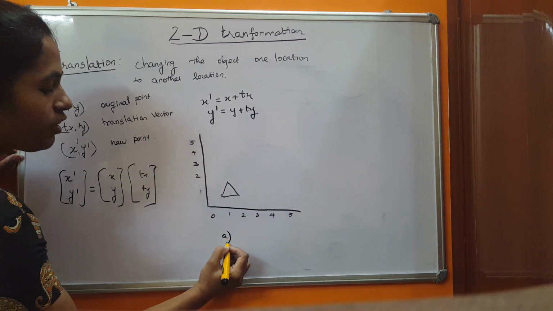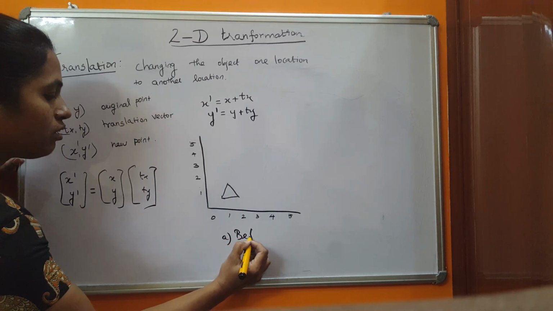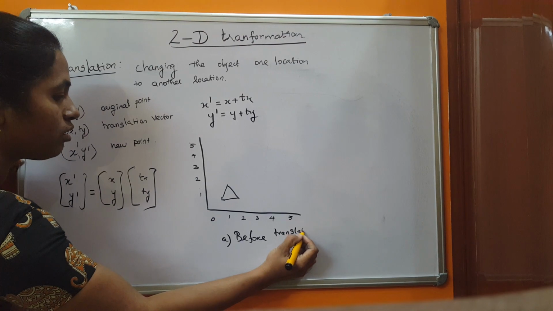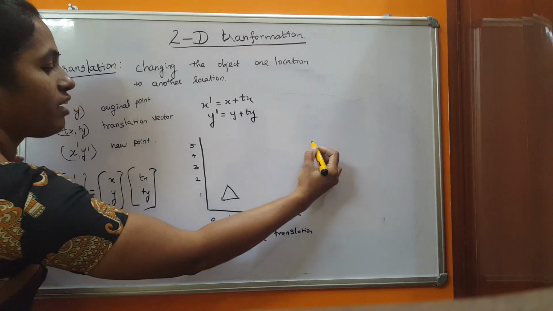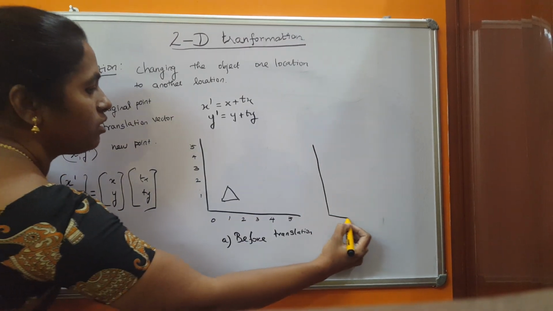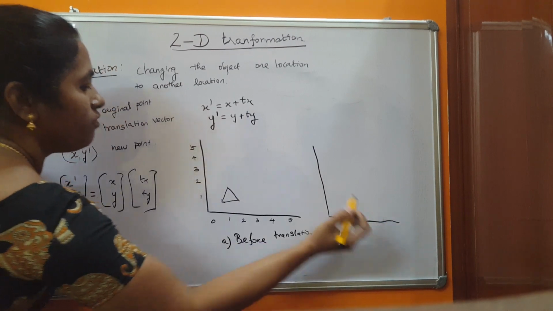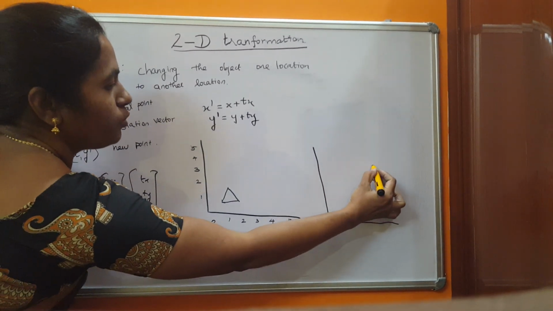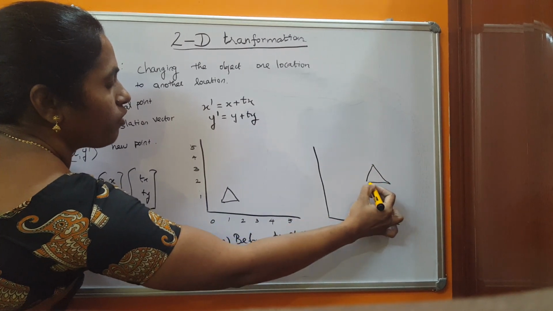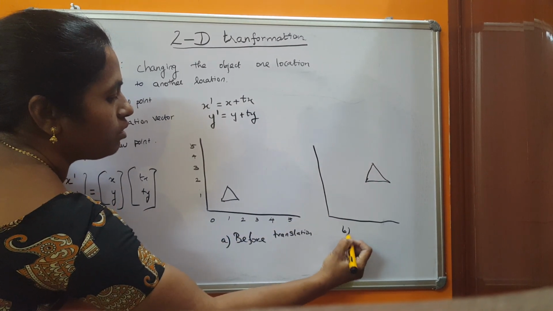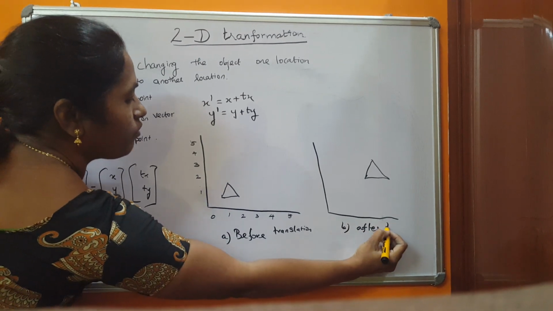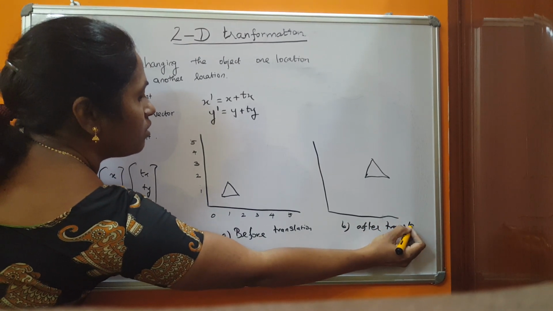It is before translation. After the translation vector is added with original points, the object is moved to this location. For example, after translation,